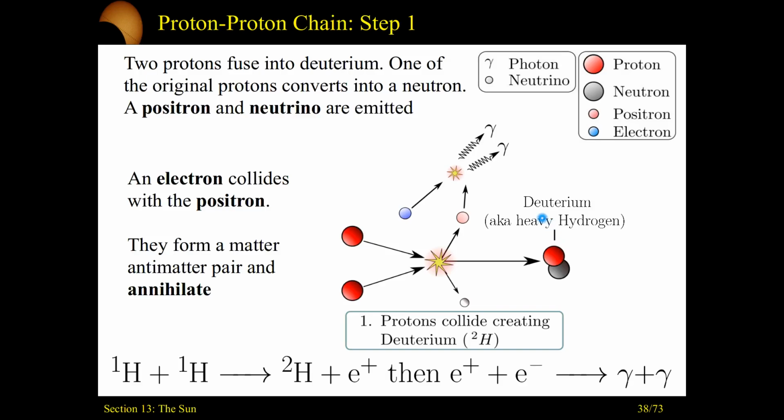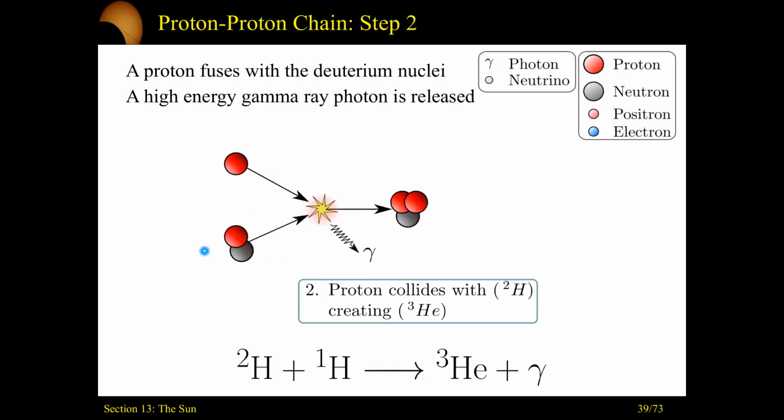Leading into our next step, this deuterium, here it is again, will collide with a proton. That fusion process will generate a photon, energy flying away, plus a helium-3 atom. Helium, 2 protons, so this is chemically helium, but it's got only 1 neutron. This is not a stable nucleus. This thing, left to its own devices, will eventually just decay away. So this is a short-lived process, but luckily there is an insane amount of these things nearby in the core of the sun. So these things have a high probability of